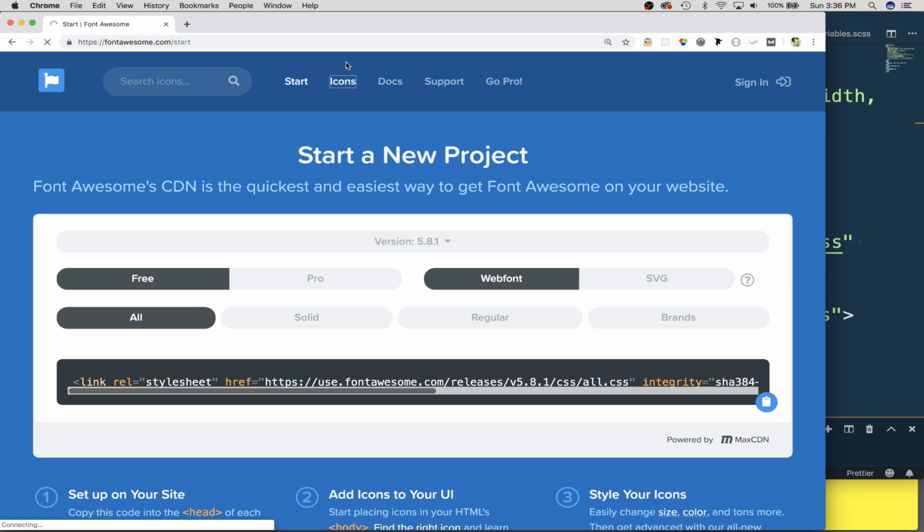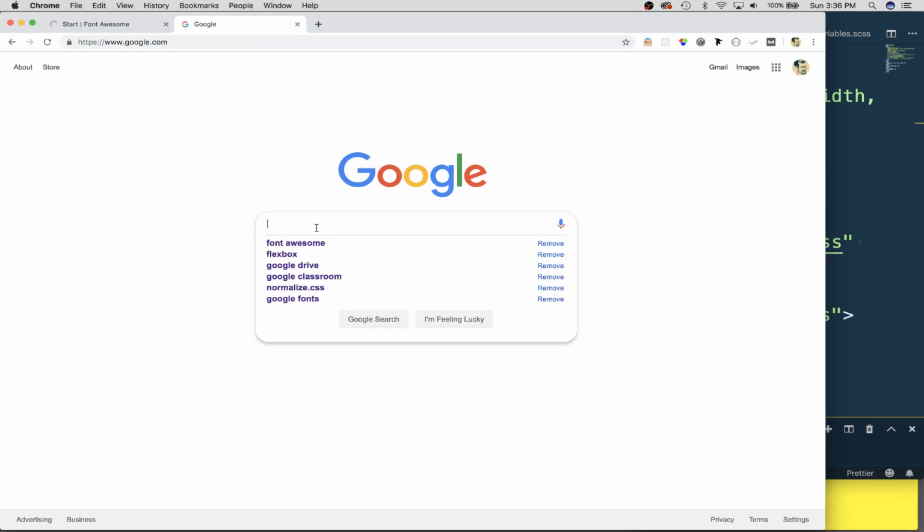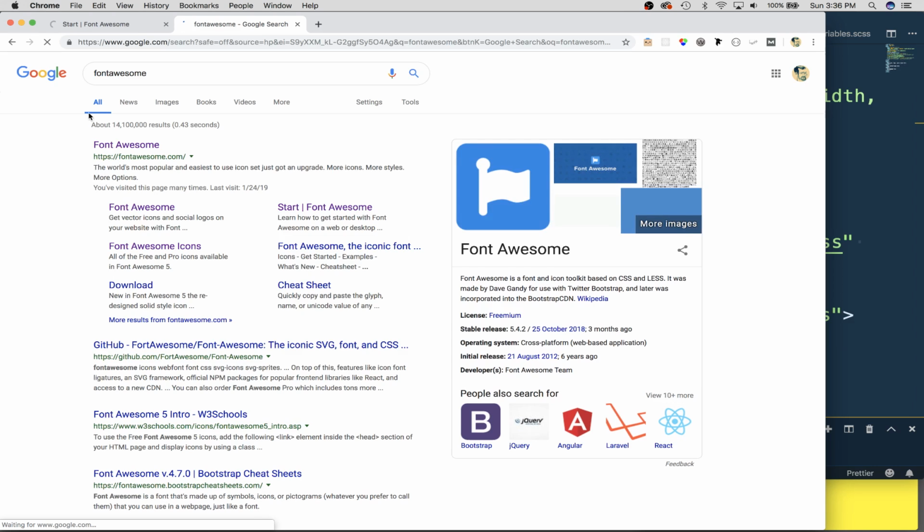And still waiting. Uh-oh, am I having internet issues? Not awesome, come on. Font Awesome. Well, damn it. Am I having Google problems? Am I having internet problems? No. If I just Google search Font Awesome, I'm good. Font Awesome itself is having an issue for whatever reason. Well,